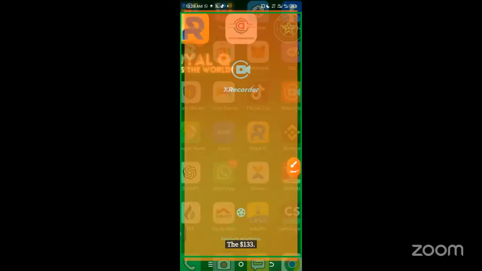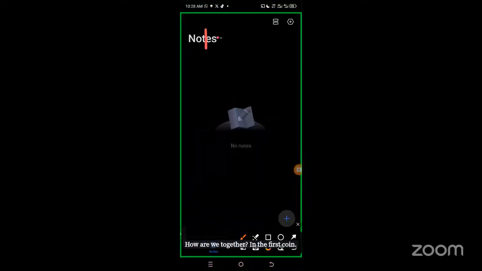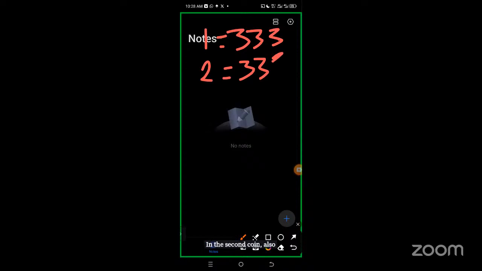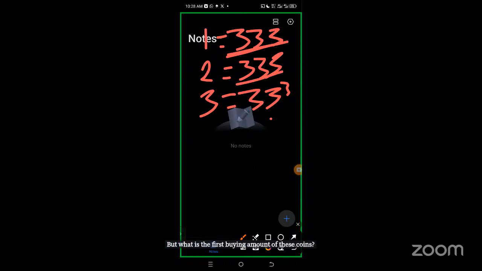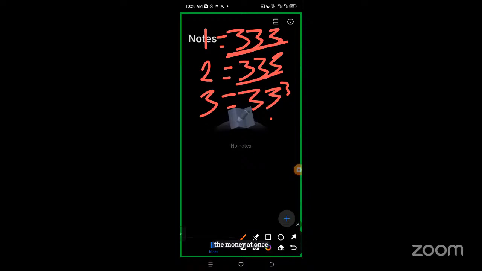Are we together? In the first coin, you will invest $333. In the second coin, also $333. Third coin, also $333. But what is the first buying amount of these coins? Because we don't want to invest all the money at once. We want to trade with the margin calls to have safety in the market. It is going to be